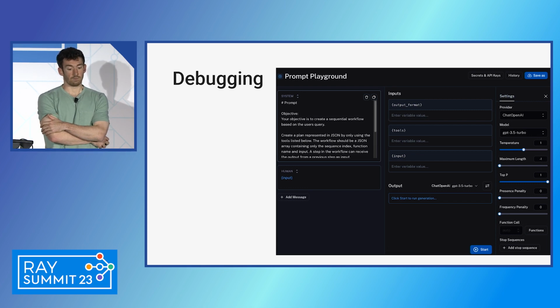So here we have kind of like a notion of a prompt playground where you can pick up at any point in time in your chain or agent. It's only for this particular step at the moment, but basically you can recreate what exactly went into the language model at that point in time, mess around with it, so change some of the formatting of the data, change the prompt, and then rerun it and see what happens then.